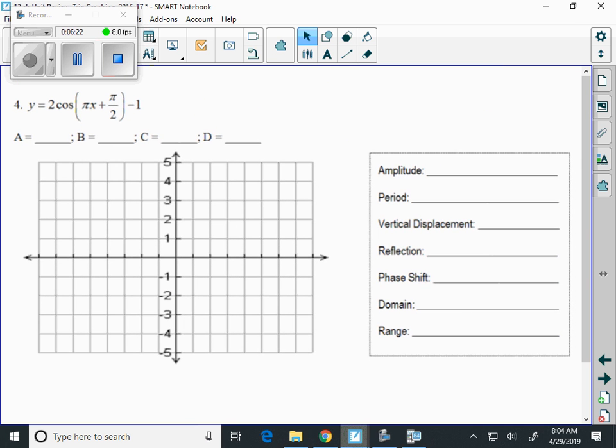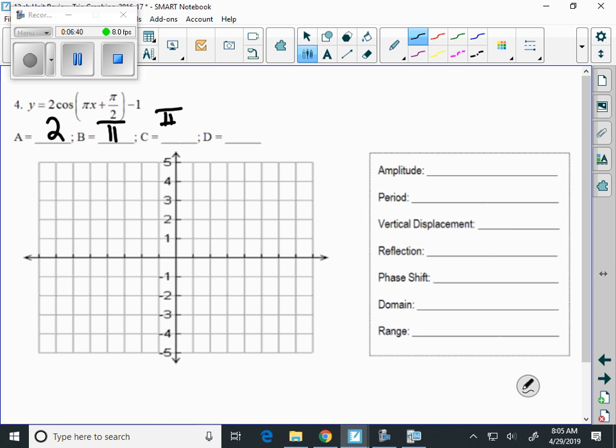Number 4. Y equals 2 cosine of pi x plus pi over 2 minus 1. And let's start by filling in our values here. Our amplitude is 2. B is pi, the value in front of x. C is whatever we're adding or subtracting inside our parentheses. And then D is 1. If you prefer to write negative 1, that's fine, because ultimately what's happening with that 1 is that it's adding 1. Our amplitude is 2. Our period,